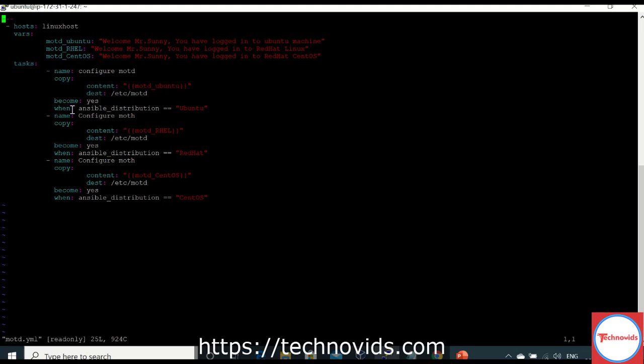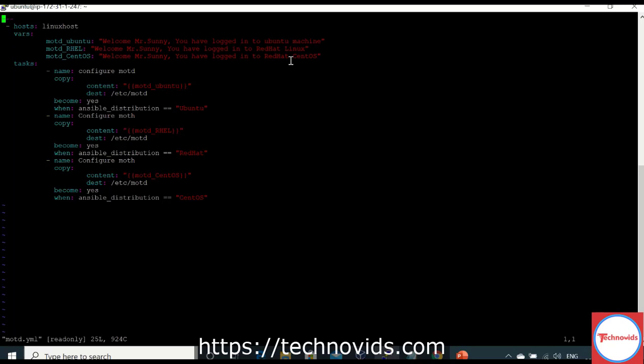But on what basis do we decide the condition? I have used ansible_distribution is equal to Ubuntu: when the machine is Ubuntu, this should be the message for MOTD, and when the machine is Red Hat, this should be the MOTD for Red Hat Linux, and when the machine is CentOS, the message should be this.